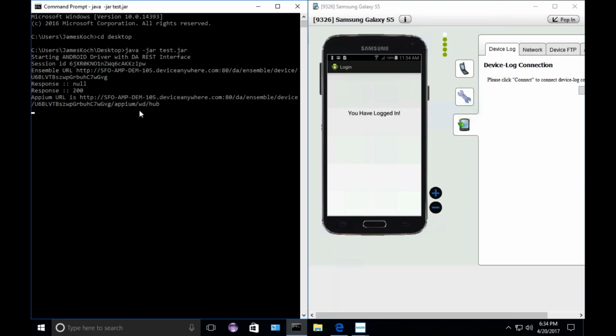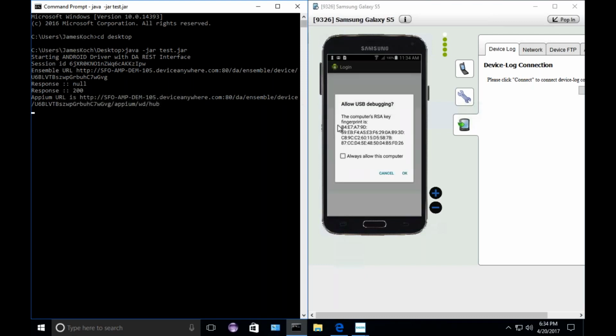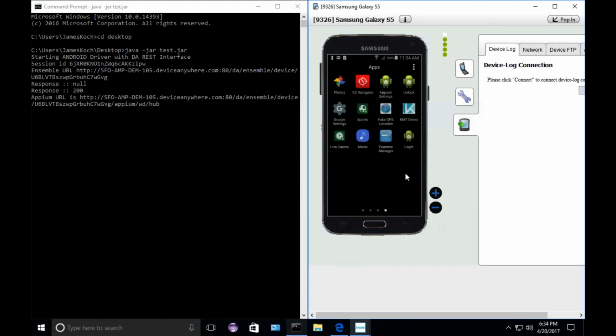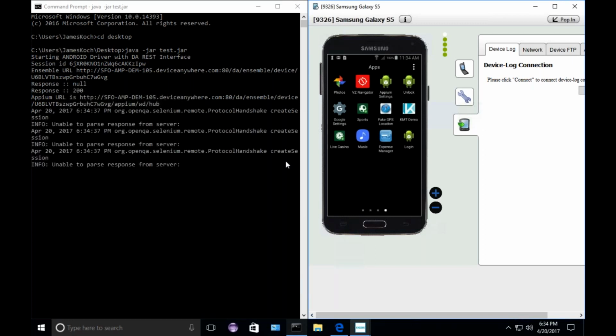So this process that I just did, where I changed directories to the jar file, that's going to be our batch process that we're going to set up in Jenkins. This device wasn't all the way turned up. It wasn't ready for me. Yes, so we had an error because USB debugging was not turned on. I think that has to do with it resetting, actually. But let's see if it works in Jenkins.